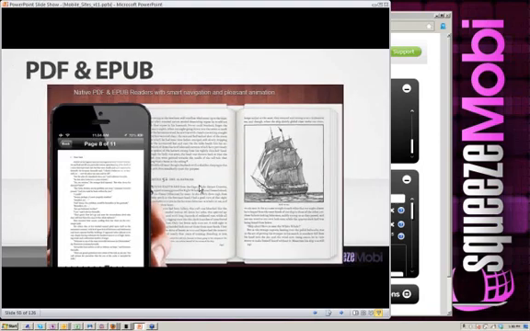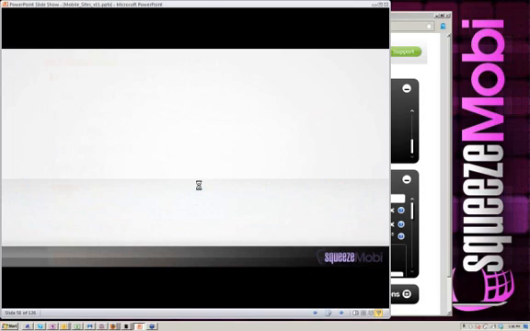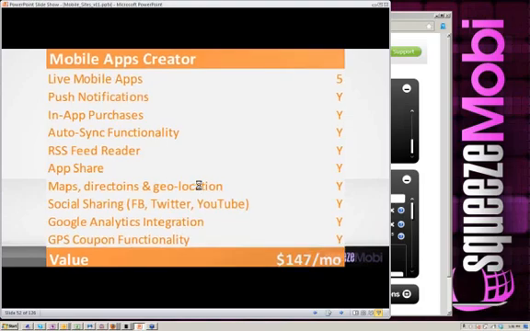We even haven't hit the online angle. How you can build mobile landing pages if you're online. Or PDF EPUB. We haven't even hit that. This is all geared at local businesses, but this is as powerful if you are doing online stuff as well, whether it's weight loss, whether it's anything else, and trying to sell products online. Google Analytics. The mobile apps creator included 5 live mobile apps, push notifications as well, in-app purchases, auto sync functionality,